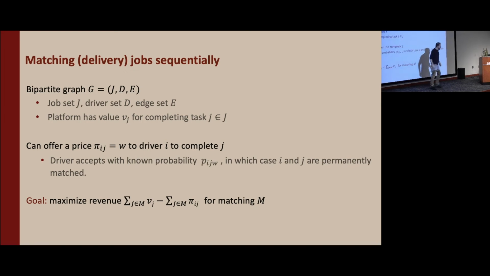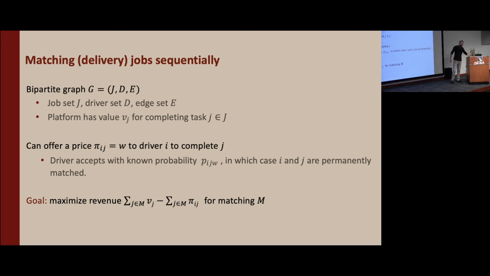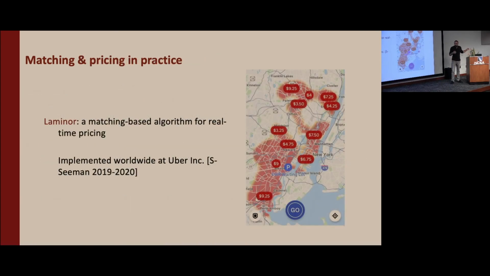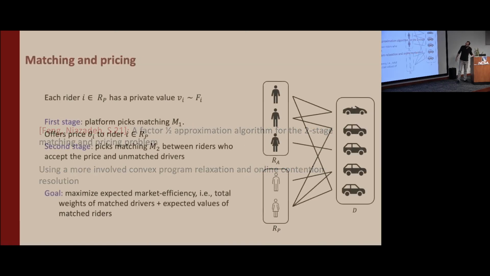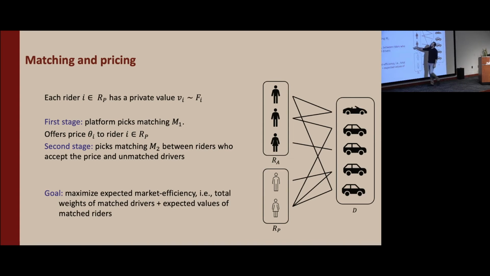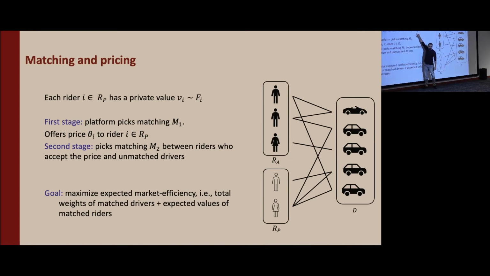Yes. So going back to the previous slide, when you do something like this for Uber, are you using data? You're using data. You cannot really assume that these are distributions and the arrivals are independent from each other. Here, I assumed, for example, that these are private value samples from the same distribution. Essentially, I assume they are independent from each other.